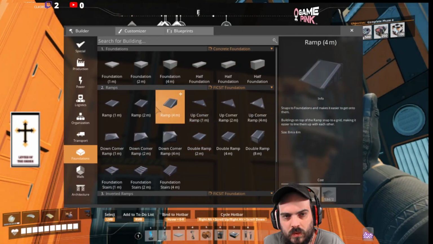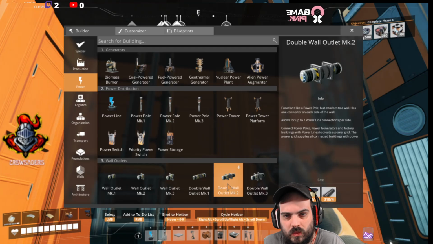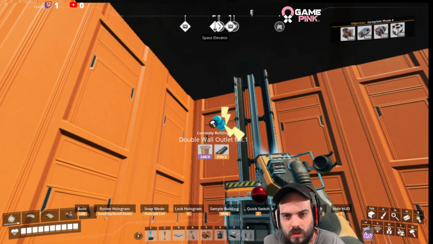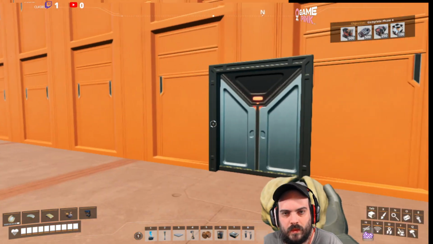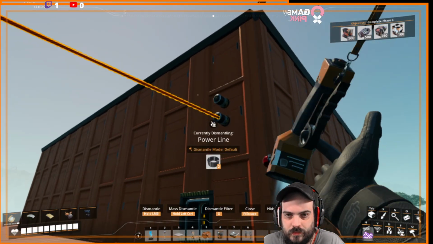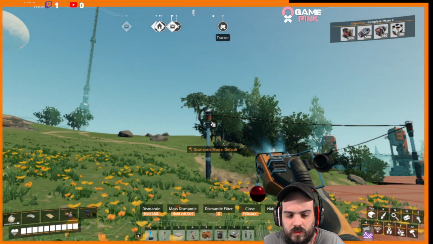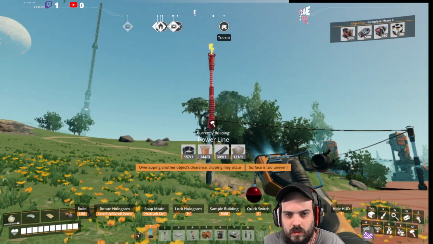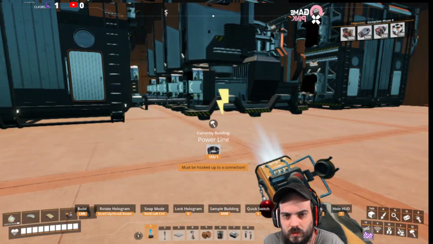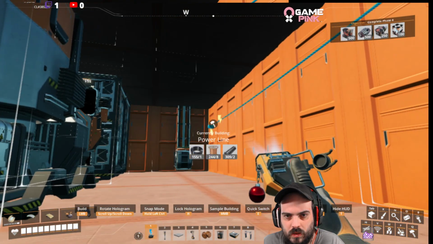Okay, so what I'm going to do, because that's where I wanted to do it, but I want to do it from the inside, I'm going to do wall, double wall, 1. I'm going to put it there. Huh. So this is what I said I needed to figure out by building one. What I needed to do. So now the power is in here. I can just, you know,